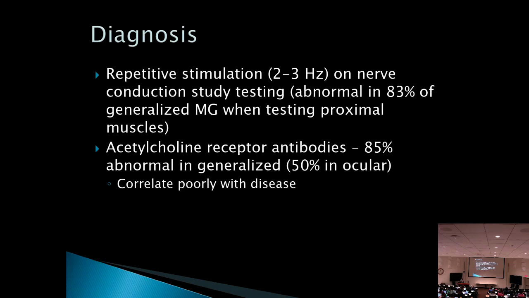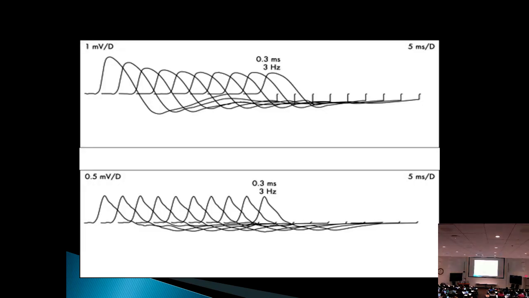This is just used to confirm the diagnosis. So the antibody levels do not correlate with having a bad disease or a mild case, and so we don't follow antibody levels. There's no reason to. It just is used initially to make the diagnosis. All right, so